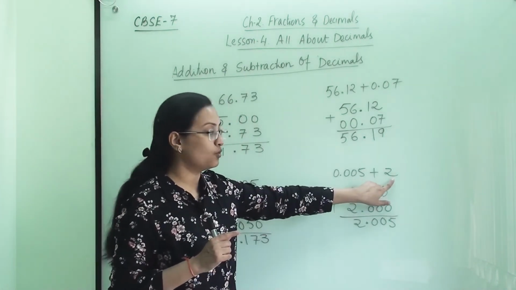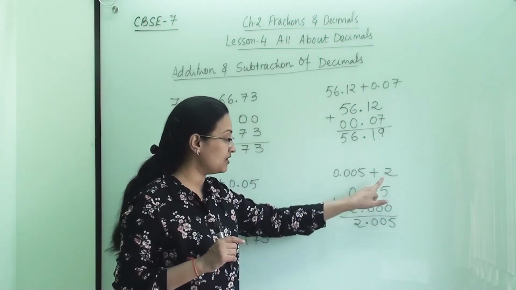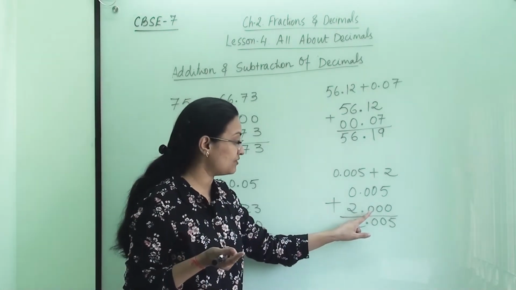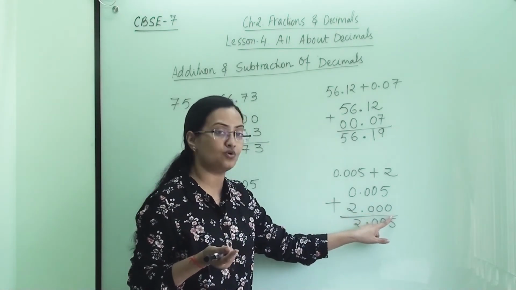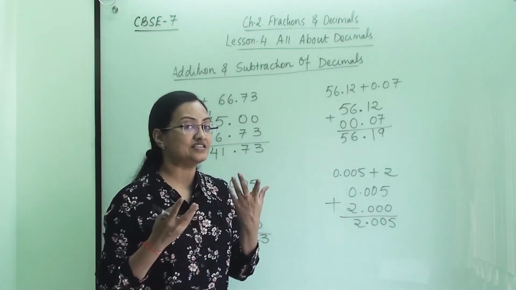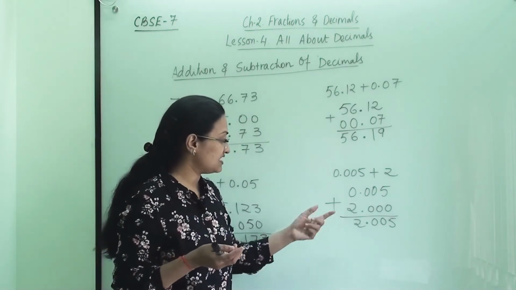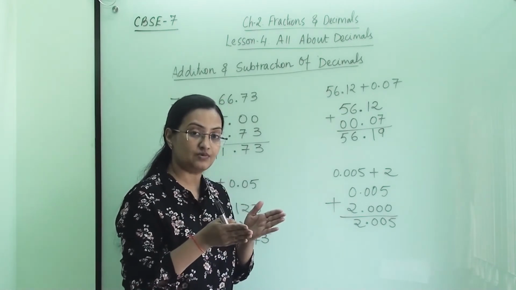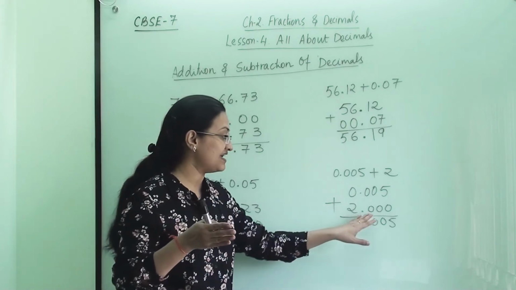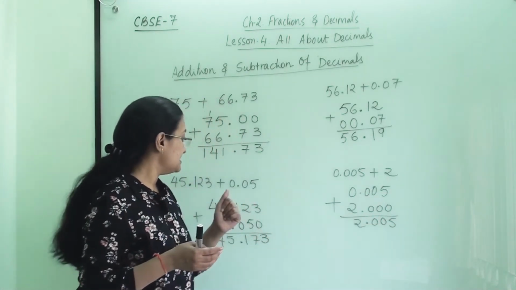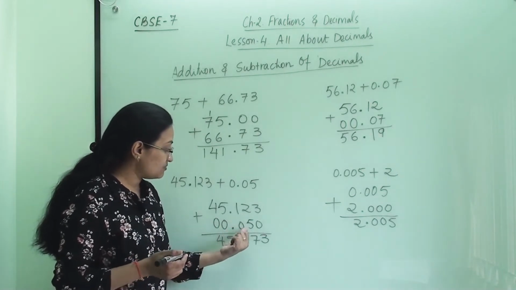That if there is a whole number, then we can put a decimal point after that whole number and we can add as many zeros as we want. Any number will be there, 172, 56, 2, any number. We can put a decimal point after that and we can add as many zeros as we want to match the above number. Then the second thing, after the decimal only